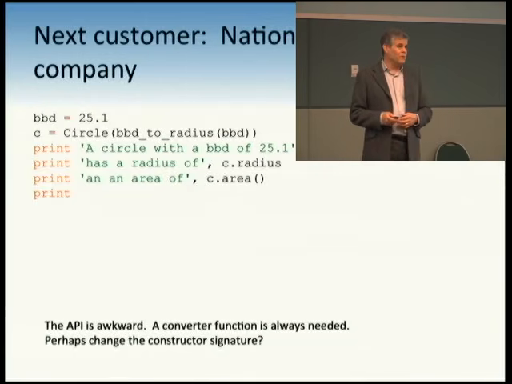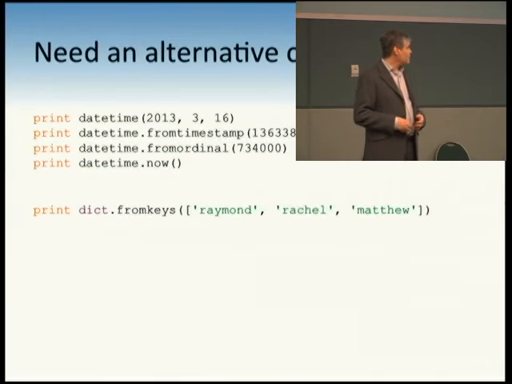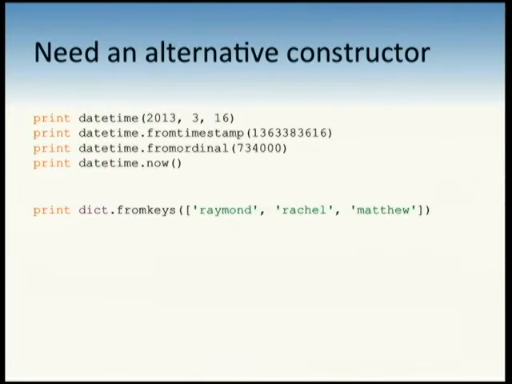So, is this common and normal? Sure. We do it in Python itself. The one true way to make a datetime, of course, is year, month, and date. But perhaps you work with timestamps, at which point that constructor is really awkward. So we give you a second constructor, from timestamp. That will convert this timestamp into a date.